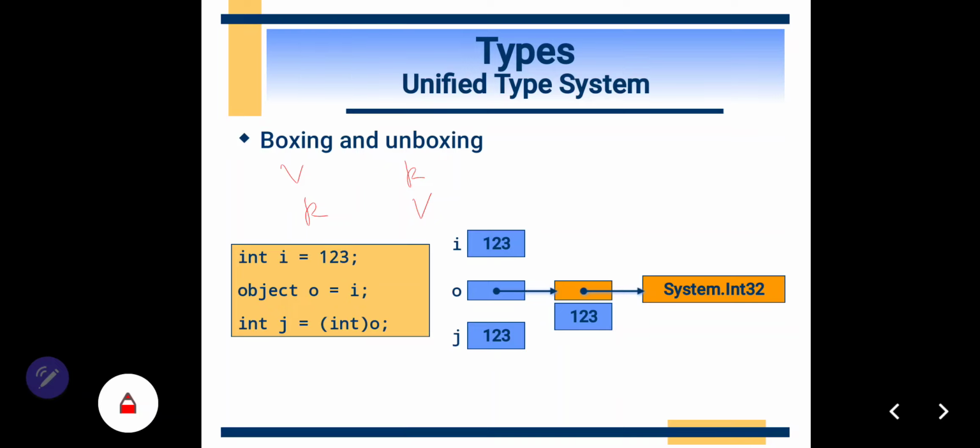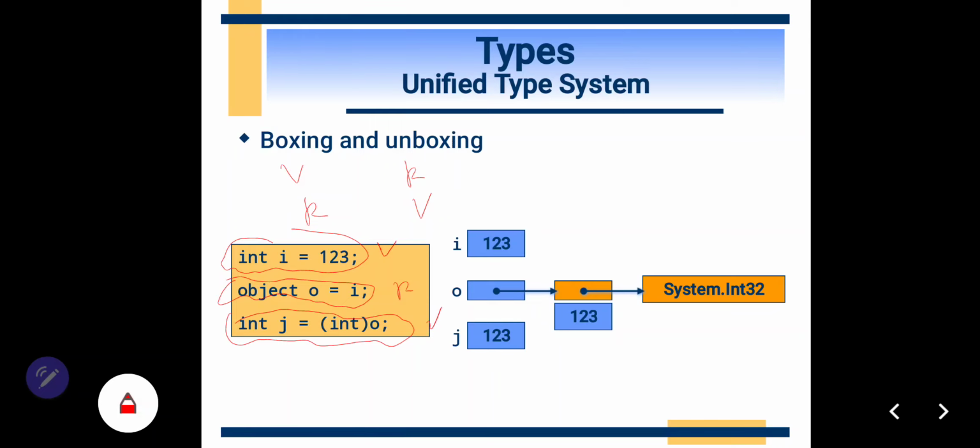It means value types or reference types. In this example, this is value, this is reference, and this is value.